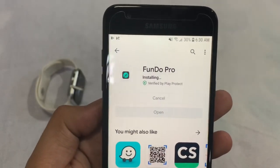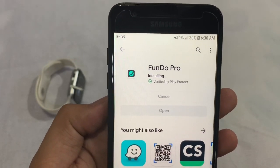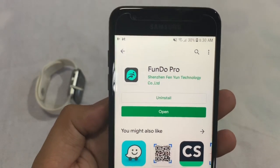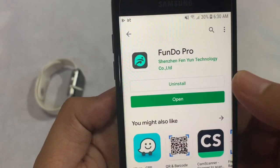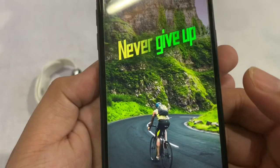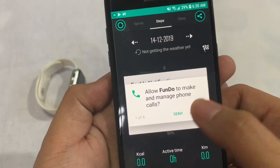Okay guys, so now it's installing. Okay, so now it's finished downloading, so let's open it. And so you can see there it's empty. So just click on I agree, and just click on allow